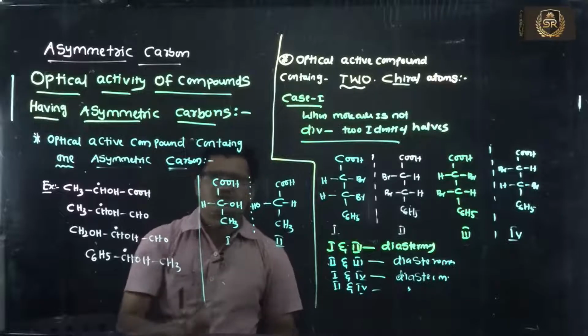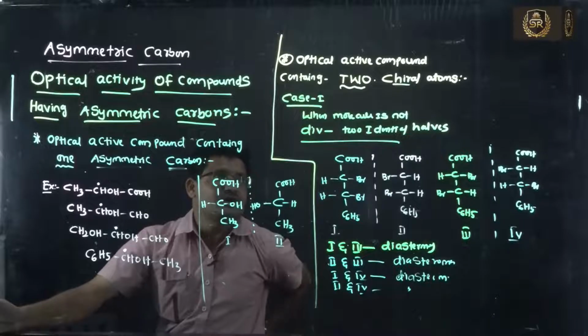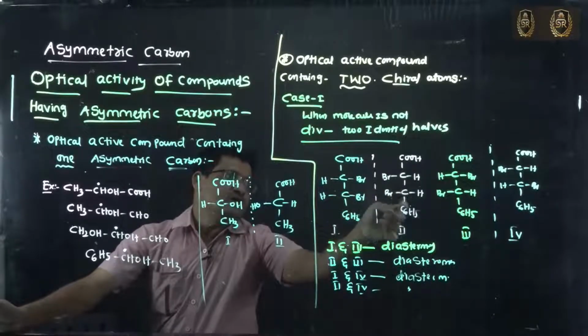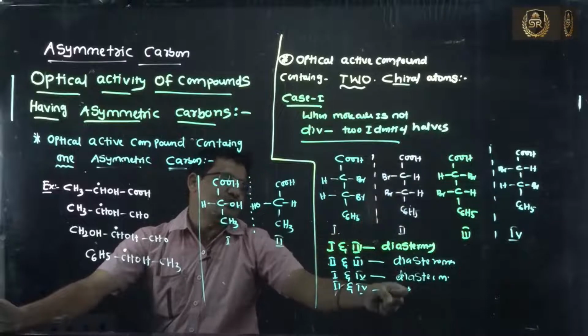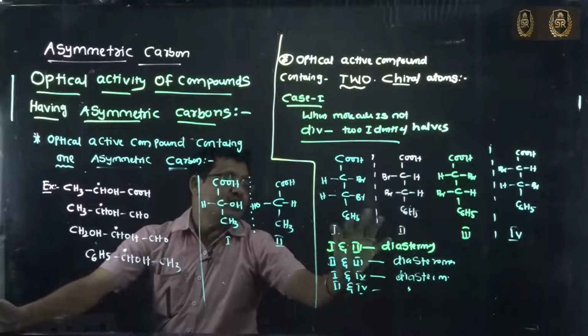That is why these are enantiomer pairs. Now, an optically active compound containing 2 chiral atoms. So this is 1, 2 chiral atoms. With 2 chiral atoms, it will contain 4 compounds. 1 and 3 are diastereomers, 1 and 2 are enantiomers,